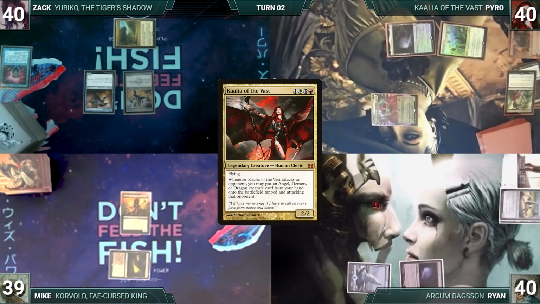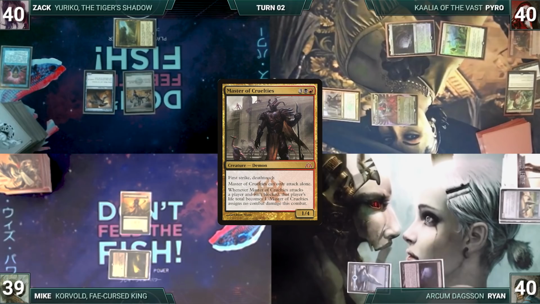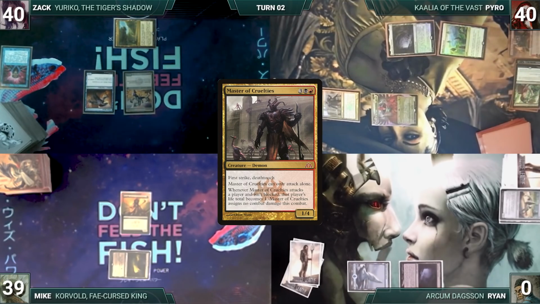Kaalia triggers, and Pyro puts Master of Cruelties onto the battlefield. Ryan sighs, and everyone now realizes why Pyro removed Ryan's creature. Master of Cruelties connects, Ryan goes to 1, then Kaalia connects, and Ryan dies. The rest of the table, mouth agape, wondering what they are going to do now, wave goodbye to Ryan, and